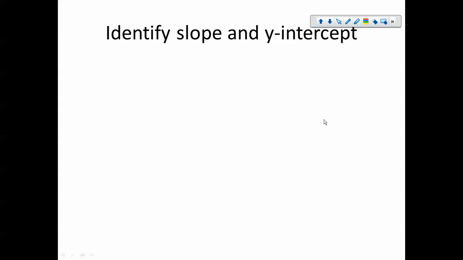Okay. Let's do a couple of examples here. So, identifying slope and y-intercept. I want you to do that today. I'm simply going to give you